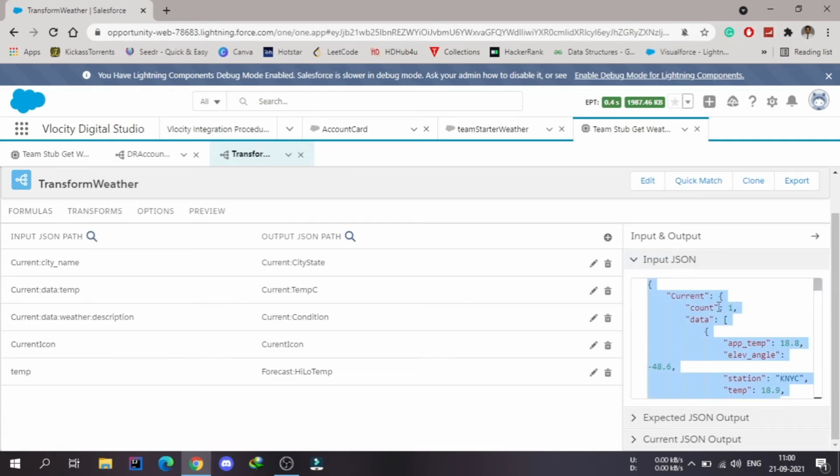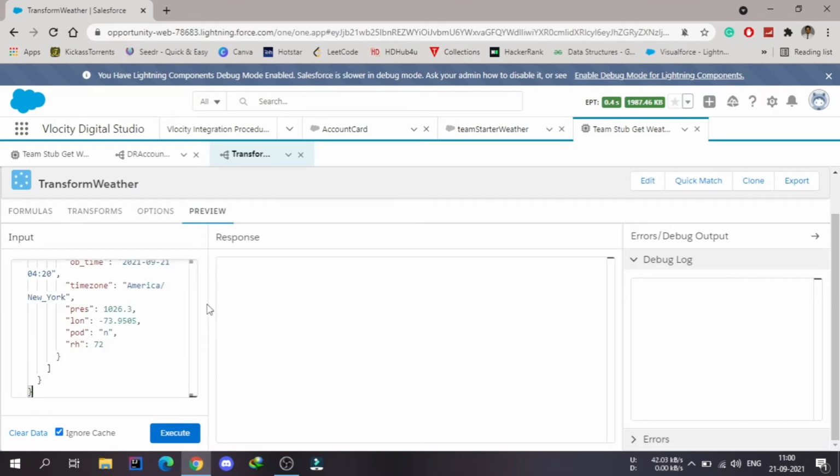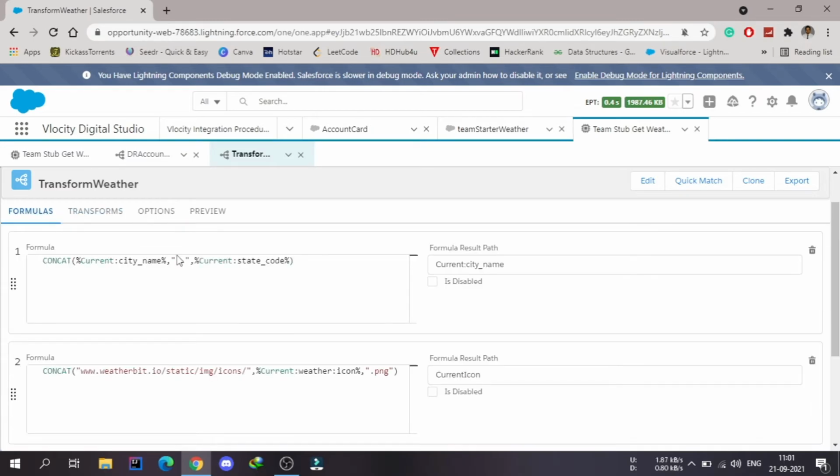So I will use all these inputs, go to the preview, and paste it here. So let's see what we are getting inside this response. Okay, so you can see that we are getting this current icon, but that icon data is not available. The condition we are getting, the temperature we are getting, the city state we are not getting, and the high low temperature we are not getting. That's because we have not used the current data here.